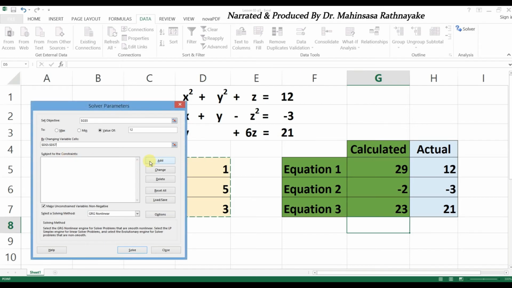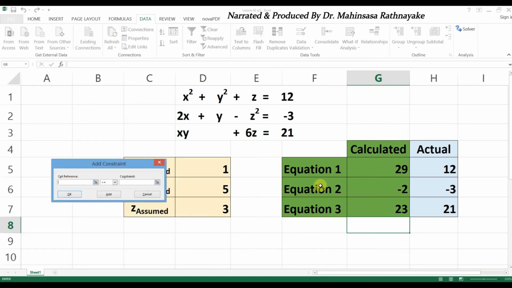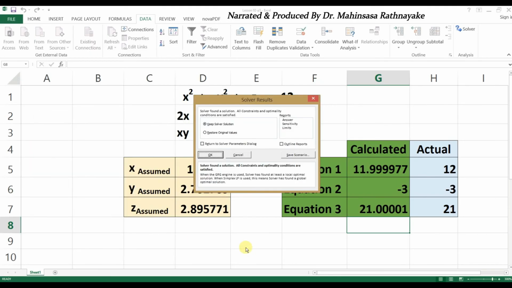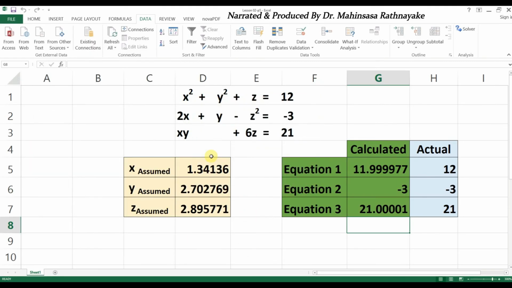So add constraints for equation 2, and equation 3. After adding constraints for all the equations, click Solve. So we can find the solution for x, y and z like this.